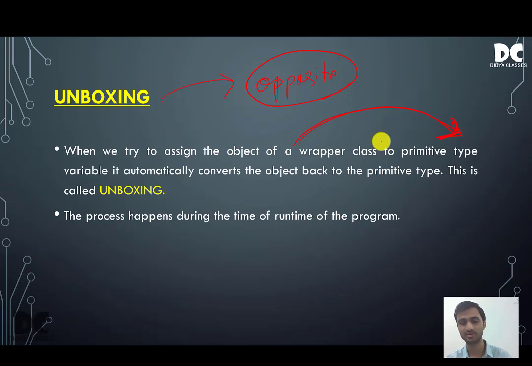Boxing and auto boxing are the same; the only difference is that in boxing we are using the keyword new, which is explicit conversion, while in auto boxing we are not using new and it is implicit conversion. But unboxing is the opposite of both boxing and auto boxing. Here we are converting the object to a primitive data type, and that is known as unboxing.